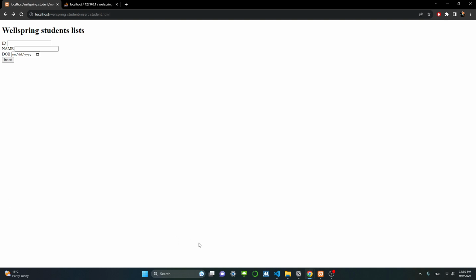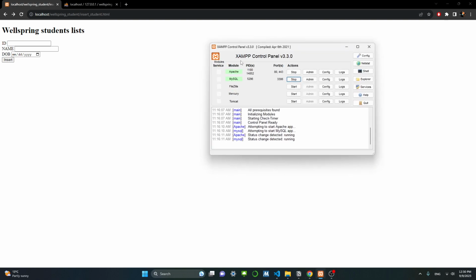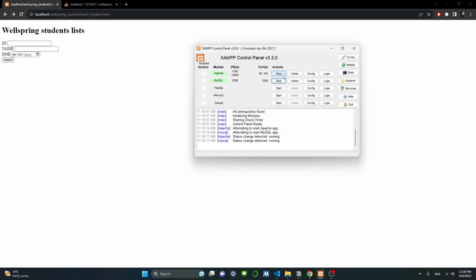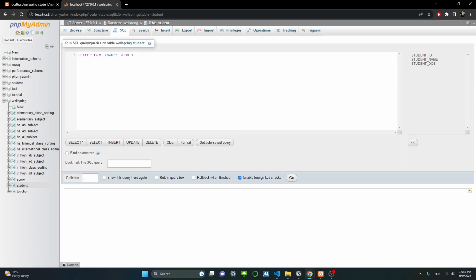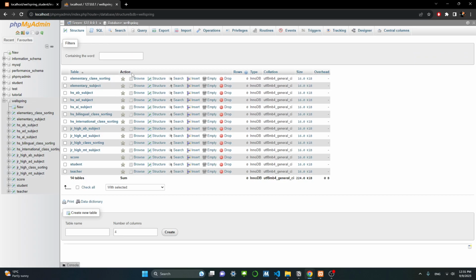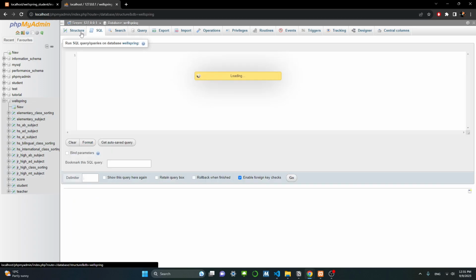So, for the hosting, I use a program called XAMPP to localhost my website and the interface. I use the first two services to start, and after that I go into the localhost phpMyAdmin and create a new schema named Wellspring, and I paste all of my SQL code from the previous mini project,